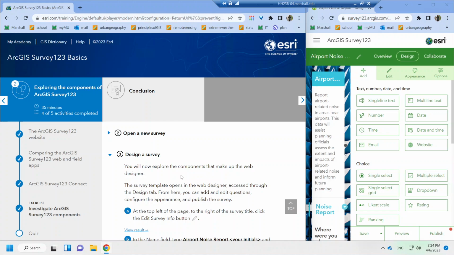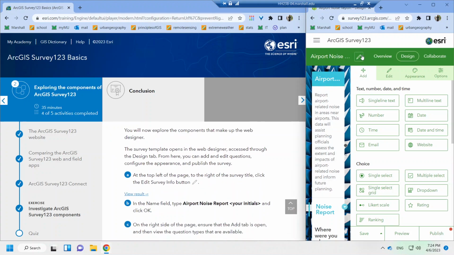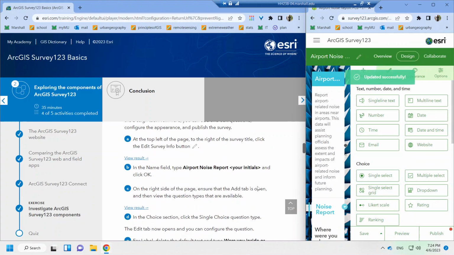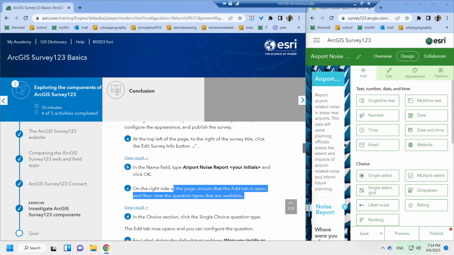At the top left of the page, to the right of the survey title, click the Edit Survey Info button. In the name field, type Airport Noise Report, your initials, and click OK. On the right side of the page, ensure that the Add tab is open, and then view the question types